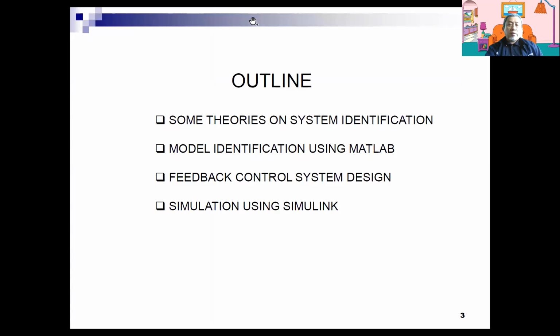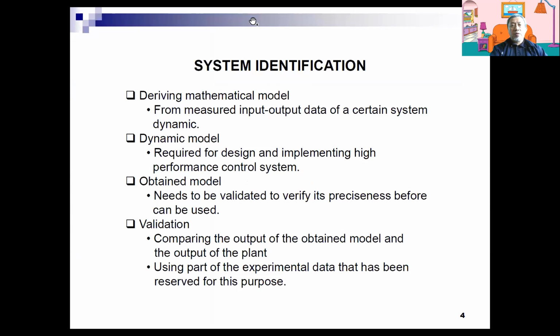So there is this outline for these presentations, which will be some theoretical on system ID, model identification using MATLAB, feedback control system design, and simulation using Simulink. As we know, in system ID, deriving a mathematical model is based on the measurement between the input and output data of a certain system dynamics. So in this case, we are going to capture input-output data from an industrial hydraulic actuator system for the